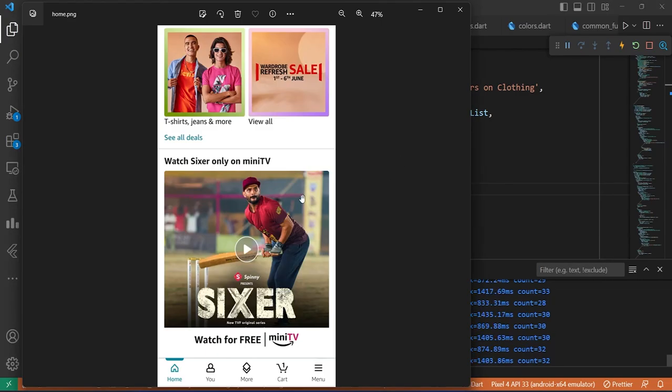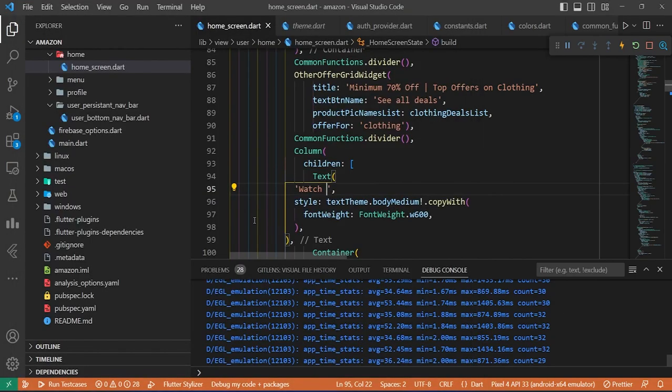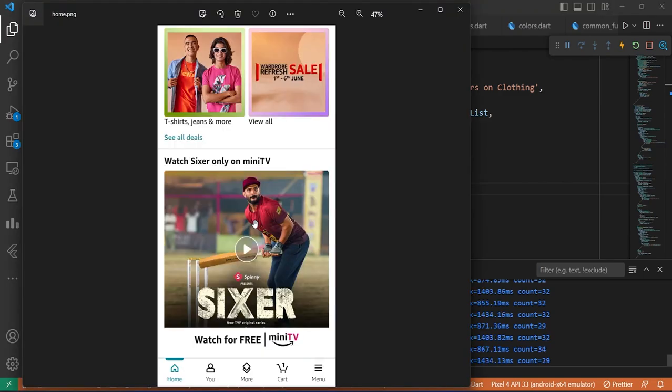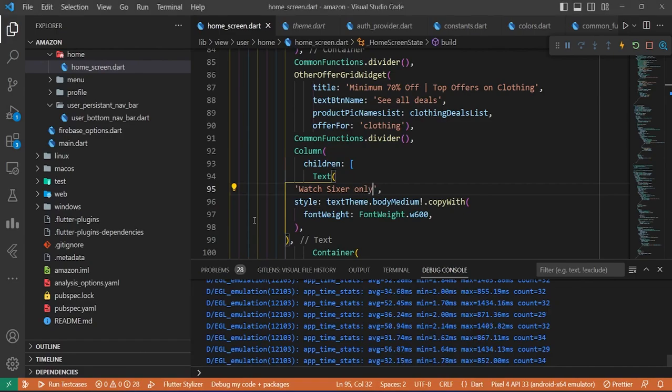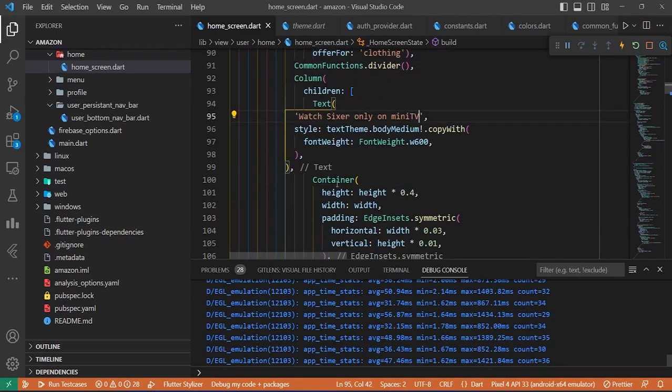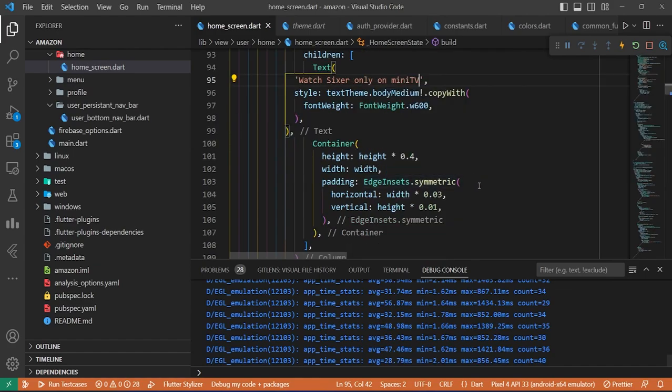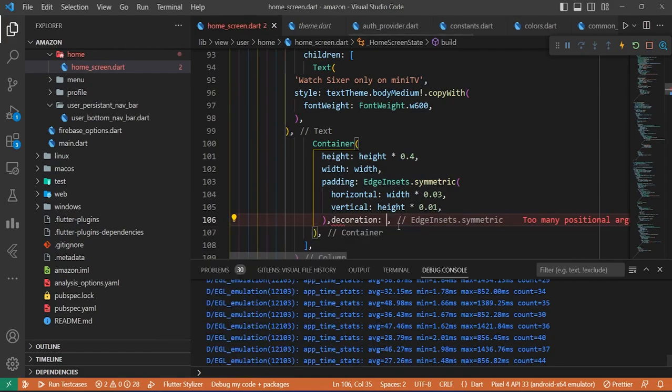So it's up to you. Like, you can go with anything. After all, it's UI. We are not implementing Amazon Prime here. So after all, it's UI. What's Sixer only on mini TV? Okay. And then we have to add decoration here,